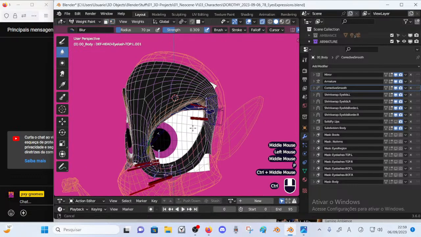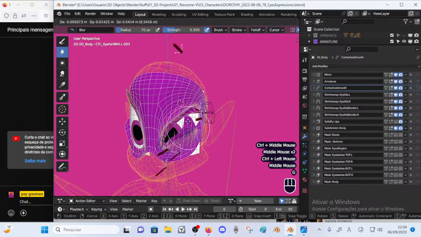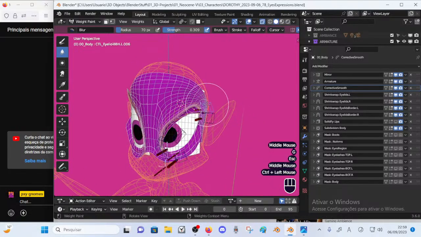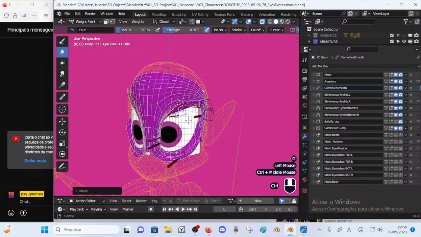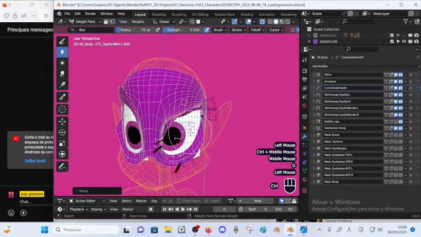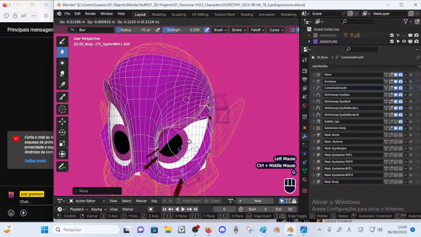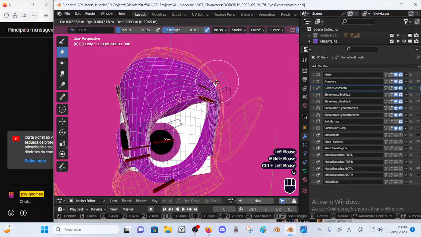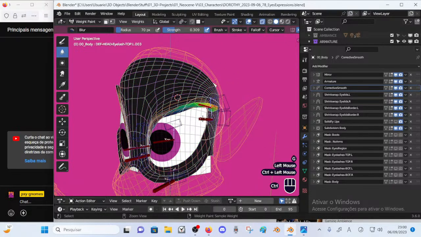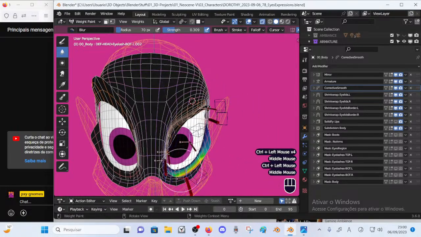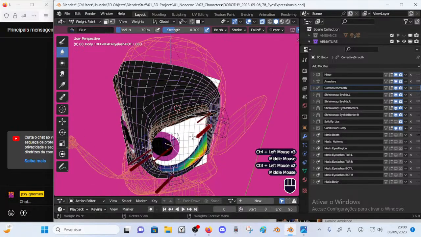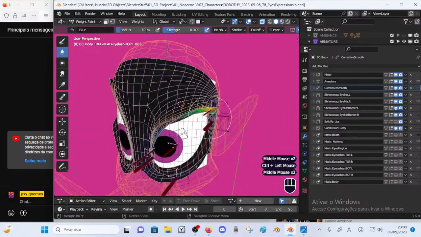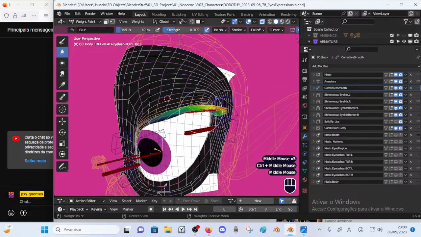Okay, let's see now. Let's pose the, as I've said, the middle bone is the most important one for this rig, and I think the last one is the one that we have. Okay, so from the other eyelash bones, I don't see any rogue wave. So here, the problem should be here.